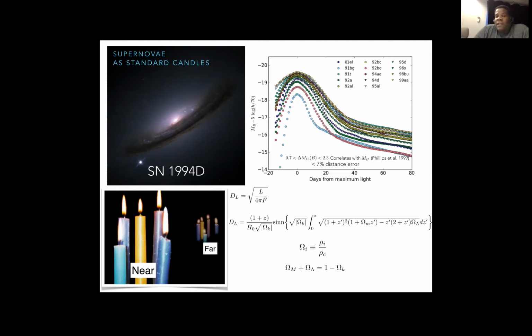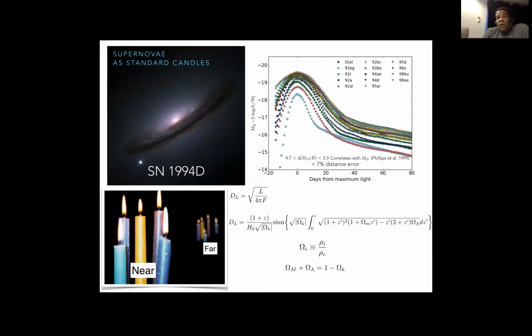In fact, if you were to do nothing and just assume that you can infer how far away an object is just by how bright it appears, you could measure distance from these events fairly accurately, and actually more precisely than we can with any other object of its luminosity. In other words, we were able to use this as a standard candle. This was a really neat experiment that we wanted to run to find out what the history of expansion of the universe looks like.